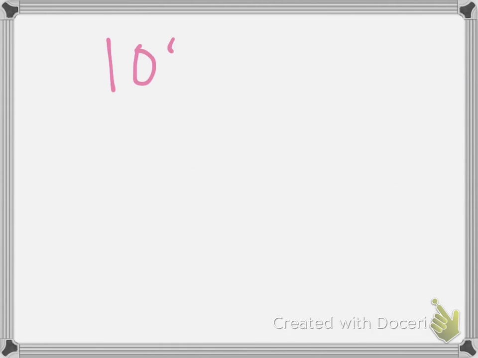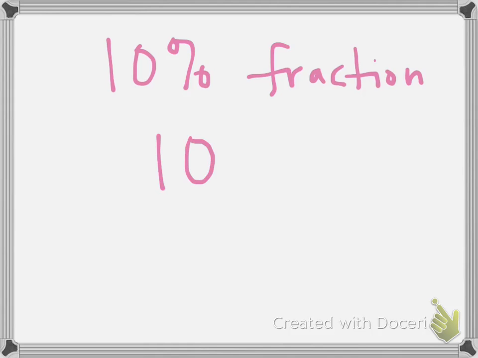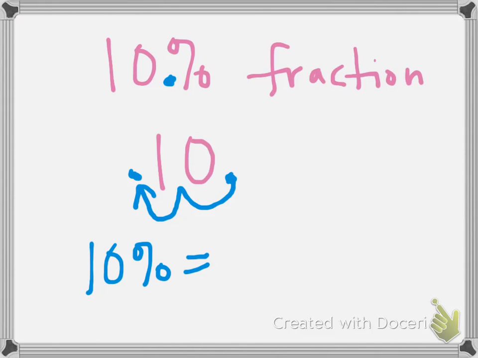Another way I could turn 10% into a fraction is I could turn it into a decimal first. The way you turn a percent to a decimal is, in this 10 whole percent, there's actually an invisible decimal right here. So the way we can represent that this is out of 100 is by grabbing this decimal and moving it 2 times to the left and dropping it off. So that means 10% is equal to